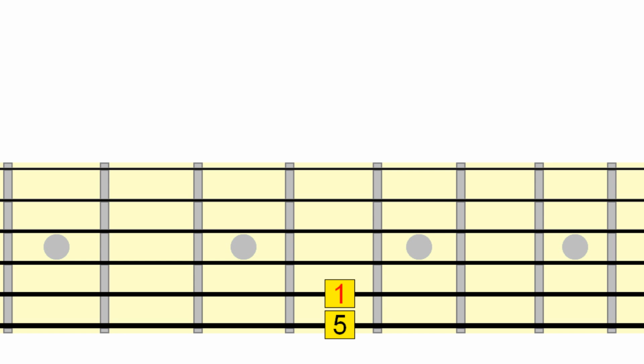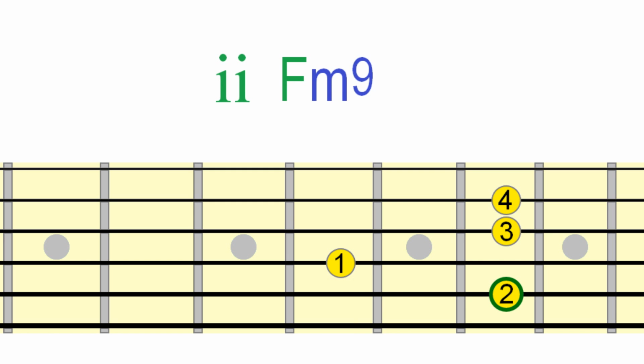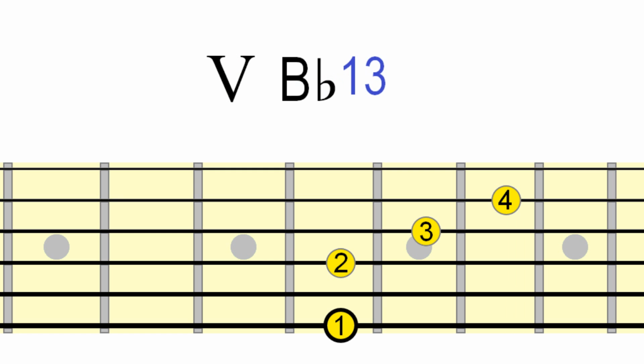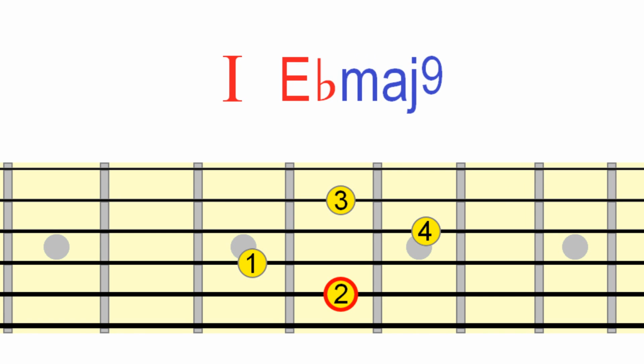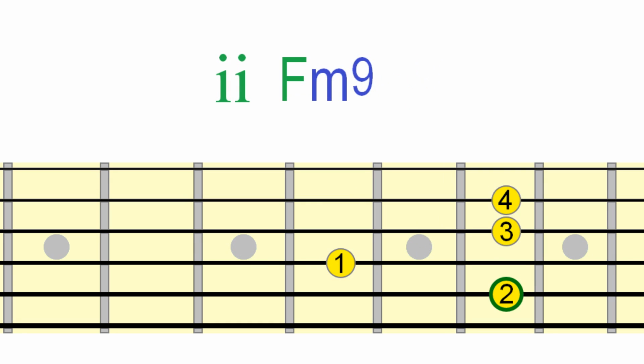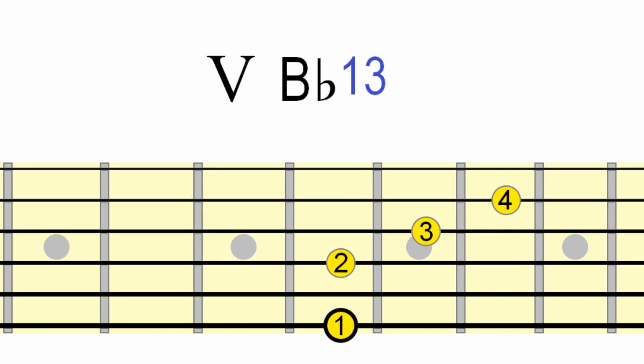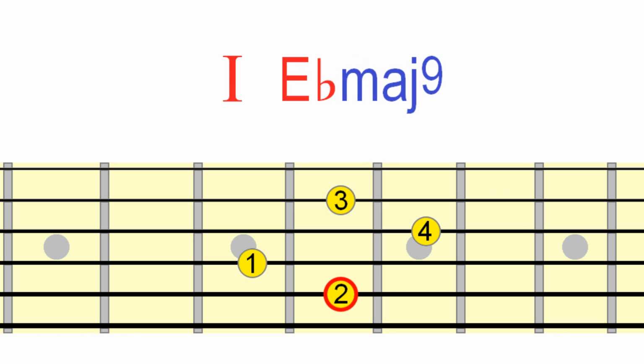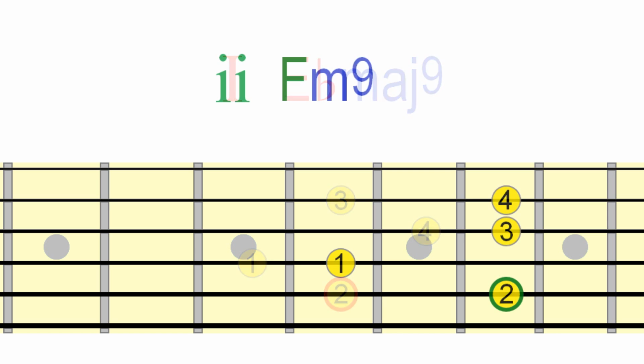Let's add in another chord, the 2 chord, to create a 2-5-1 sequence. An easy way to find the 2 chord is to position its root 2 frets up from the 1 chord. In jazz, you'll often hear this 2-5-1 relationship modulate through ascending or descending keys. For example,